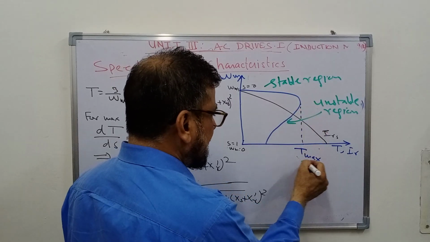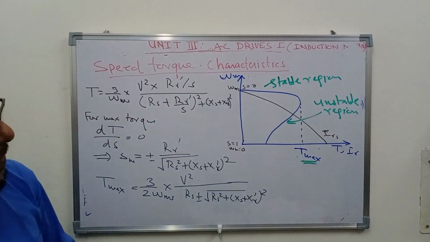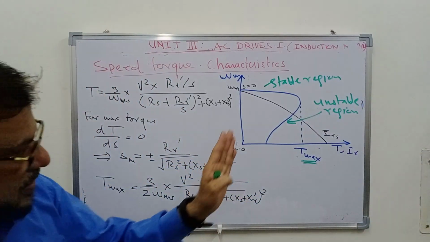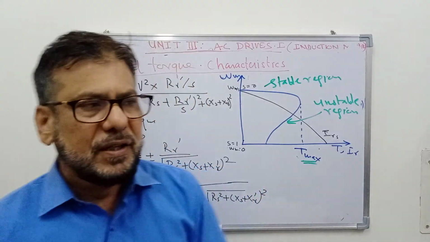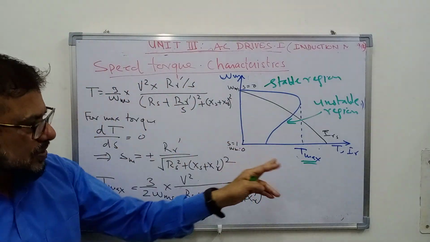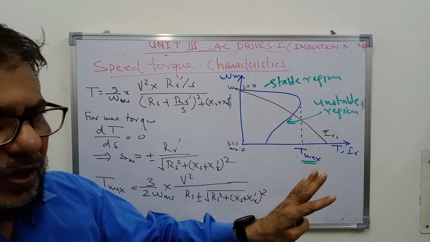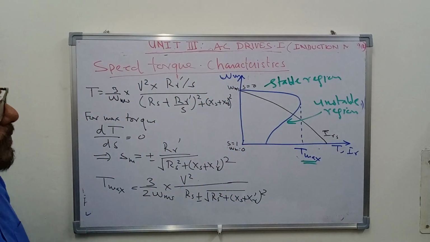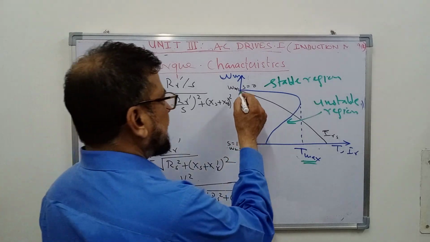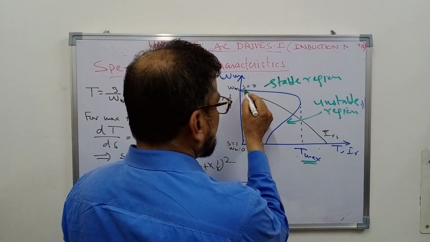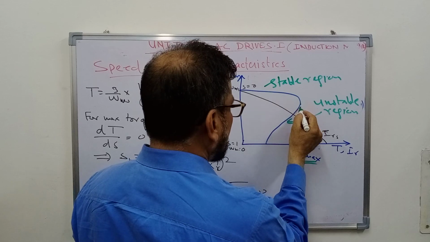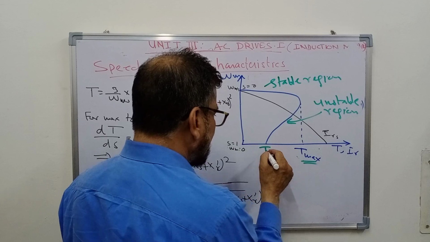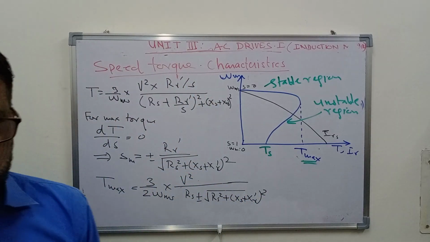This means that as the motor is loaded, the torque increases and reaches a certain value known as Tmax, the maximum torque. The motor cannot produce more than this torque, and if the motor is loaded beyond it, the motor will come to a standstill. So this torque is also known as the breakdown torque of the motor. The motor can never produce a torque more than the breakdown torque. As the motor speed decreases, the torque increases, becomes maximum here, and then starts decreasing again, and this torque is what we call the starting torque.